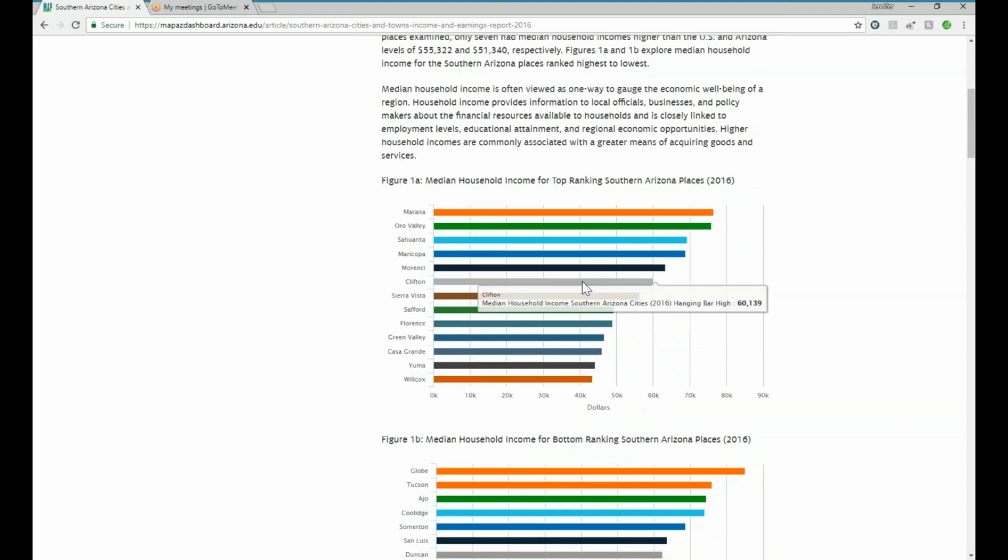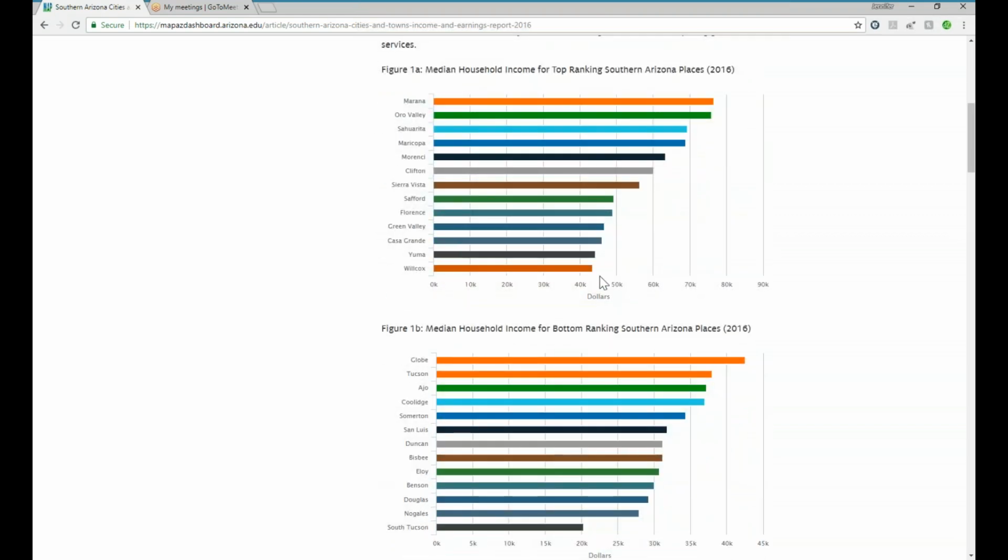So what we've done in Figure 1 and Figure 1A and Figure 1B is we've ranked the geographies in Southern Arizona, and we look at 29 different geographies by median household income. So Marana in 2016 had the highest median household income of all of the Southern Arizona communities at just under $76,500, and then followed by Oro Valley here at $75,900, Wilcox down here at $44,000. Again, then Globe follows Wilcox, though you can notice the scale bar is different with our axes here ending at $90,000 and $45,000. So this is in ranked order with Marana at the top and South Tucson at the bottom